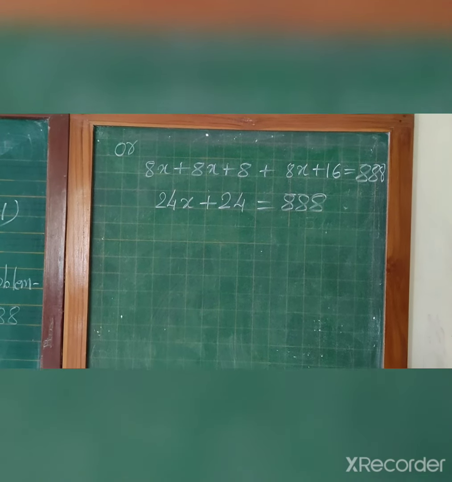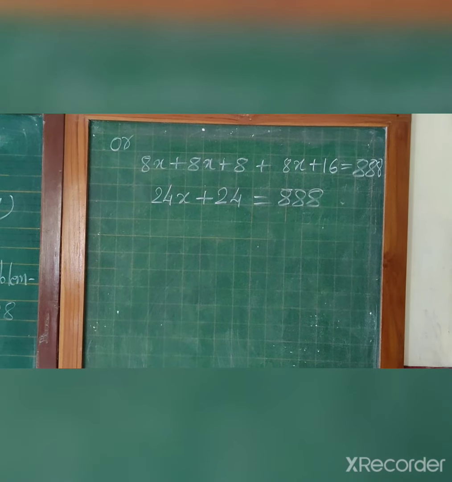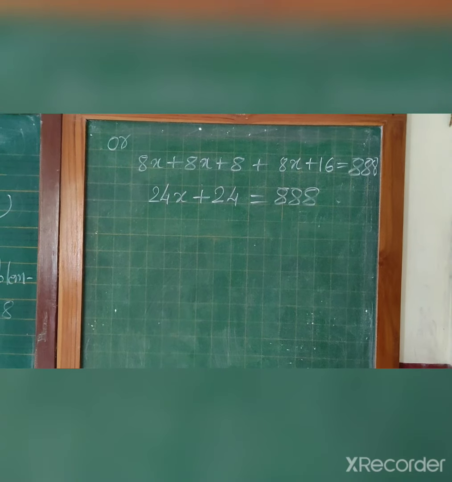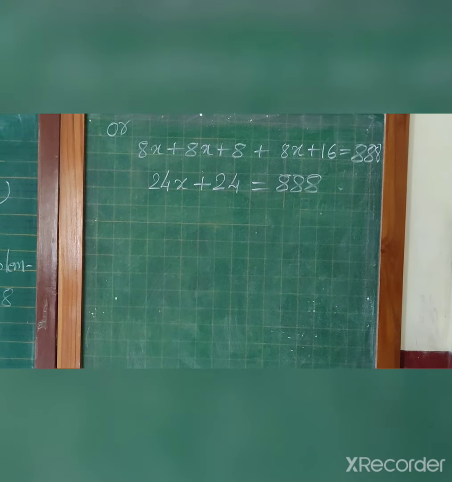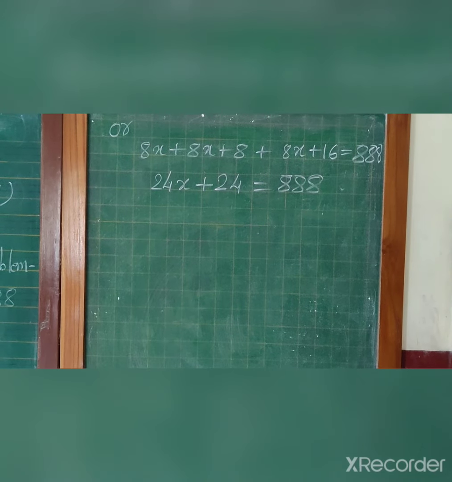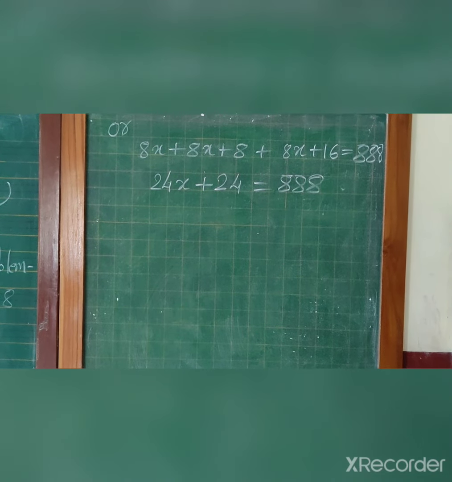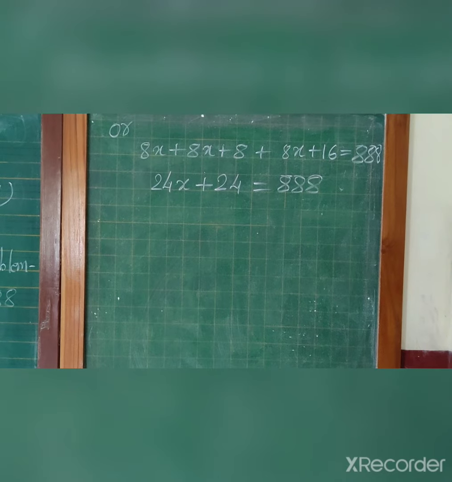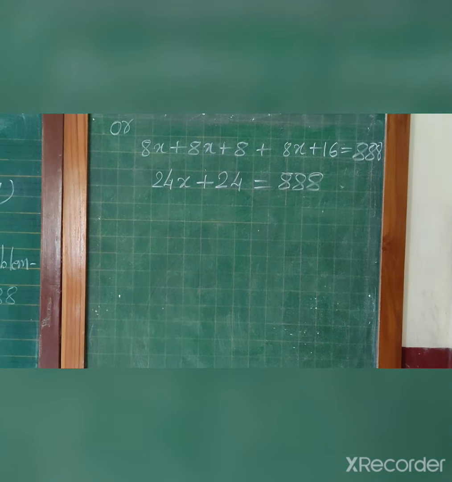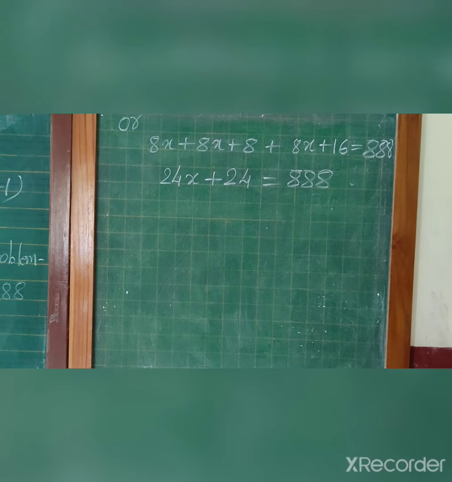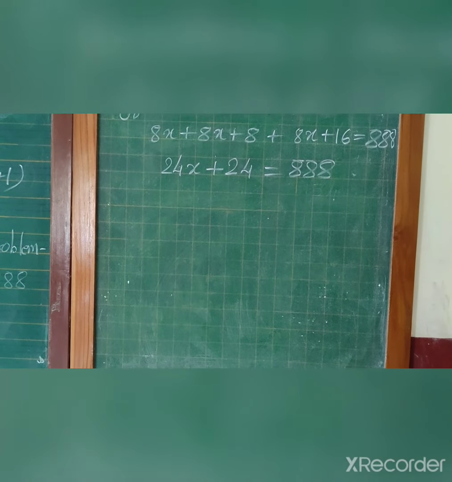Now a linear equation in one variable is already formed. After that you will find the value of x, multiplied by 8. So the first multiple of 8 is your answer. Now the second multiple, 8 into x plus 1. Whatever value of x you are getting, add 1 and multiply by 8. In this way the third also you can find.